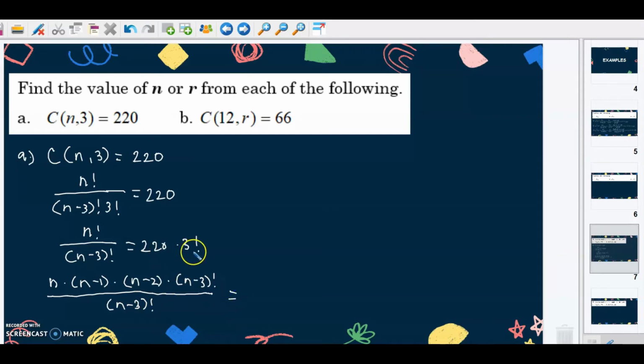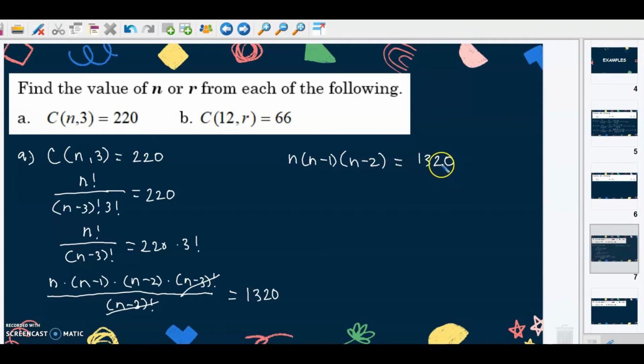And this is equal to, since 3 factorial is equal to 6, then multiplied to 220, we will have 1,320. Then as you can see, we can cancel the quantity n minus 3 factorial from the numerator and from the denominator. Then we will be left with n times n minus 1 times the quantity n minus 2, and this is equal to